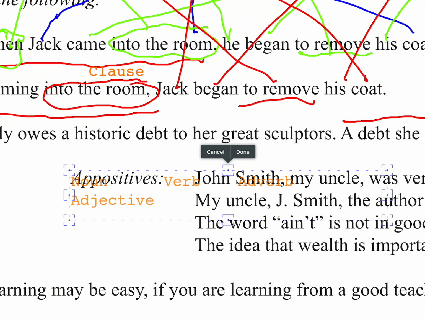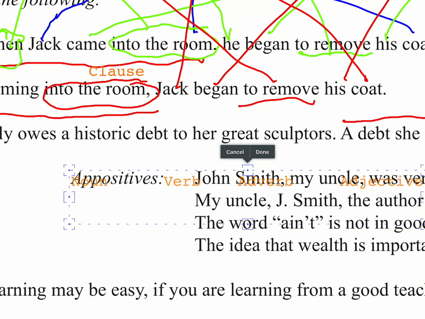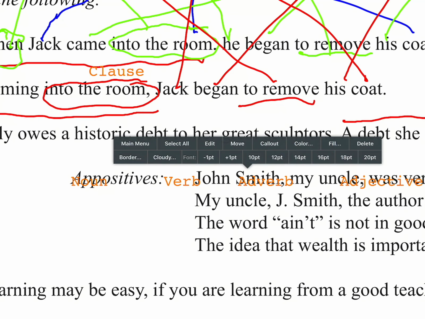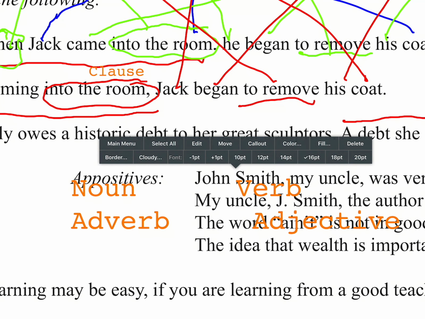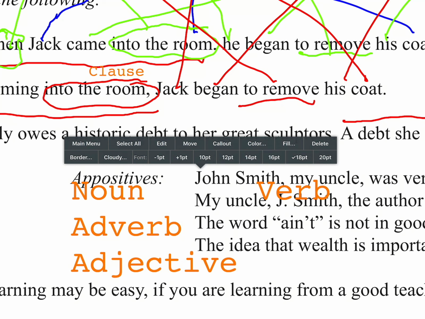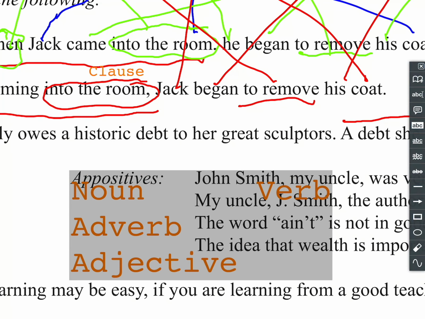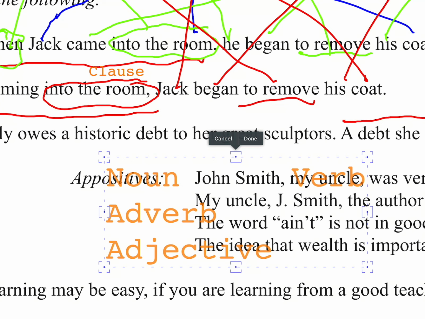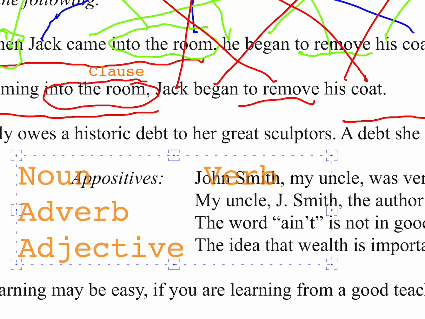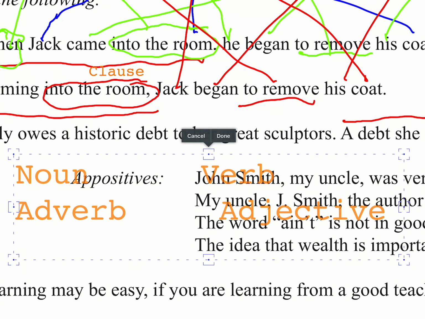I got them to keep showing. I did it. Okay. Now I need to make the font bigger. 20 point. Oh, 16 point. Oh, I see. So after you move it, then